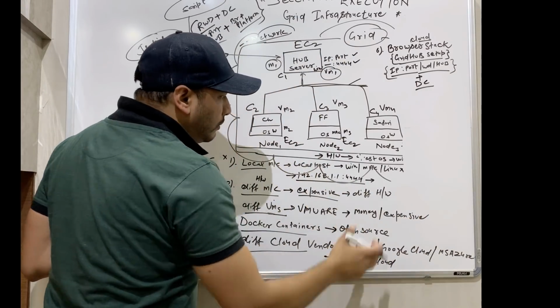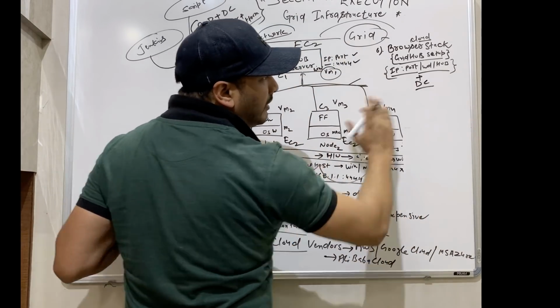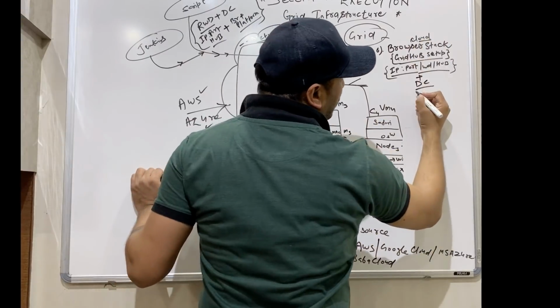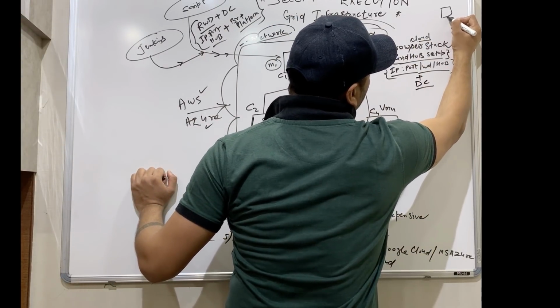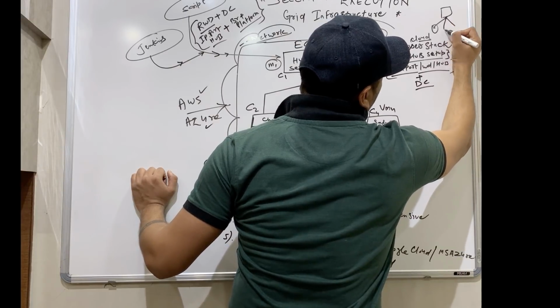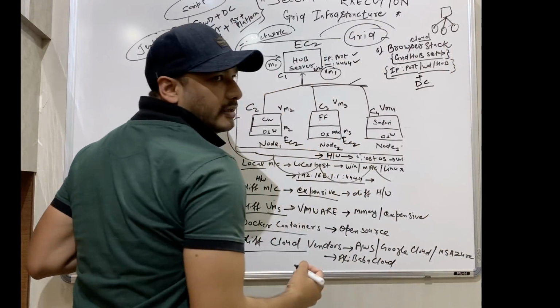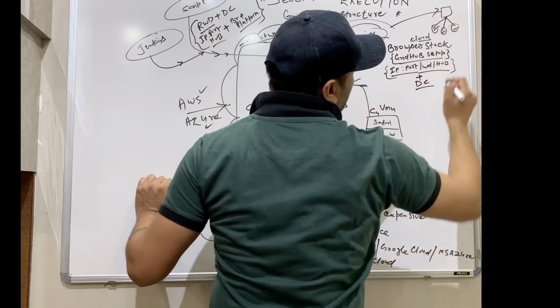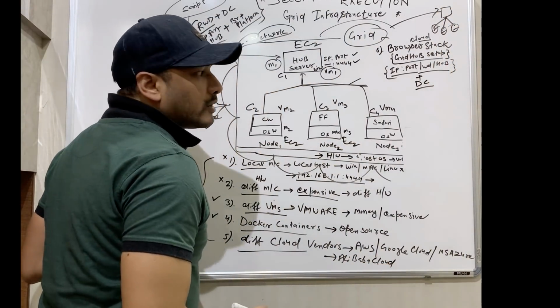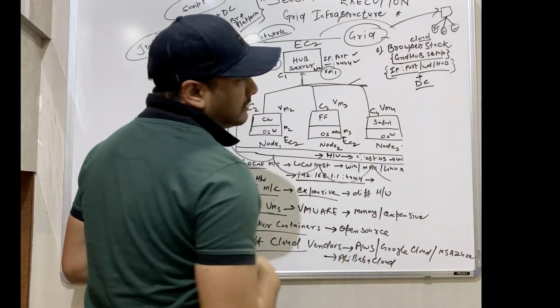It means you don't need to worry about the maintenance of the VM. We will take care of it. On their cloud, the same grid setup is already done. So this is the Selenium Hub, which is running with multiple nodes over there. And we are just sending the request to this hub and running the test cases on multiple browsers over there. So this is the concept of BrowserStack.